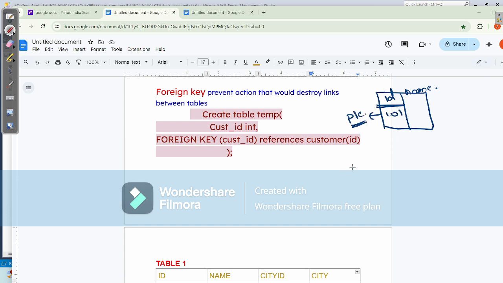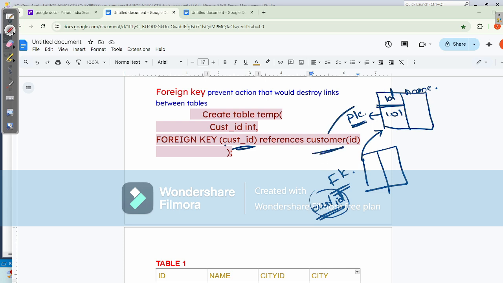If you want duplicate values for this ID, where you would want different values here, then this value becomes the foreign key here. So the foreign key is the cust ID. This is the foreign key with reference to this table, the customer ID table. This foreign key gives the reference to this value here. Now I'll tell you another example.